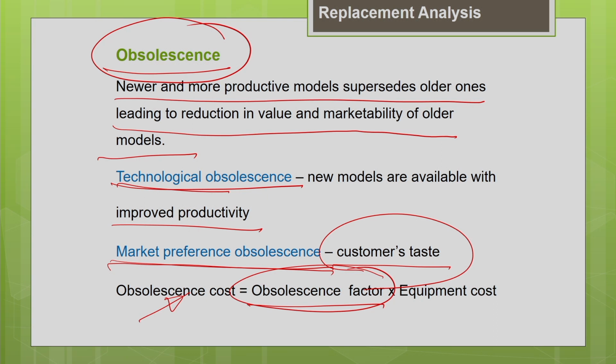Beyond the economic life, you can see that there will be an increase in cost associated with the machine, either due to an increase in the operating cost, that is repair and maintenance cost, or an increase in downtime cost, or an increase in obsolescence cost. All these things will result in the shooting up of your total cost of the machine, which is not desirable. That is why when the cost is minimum, we should try to replace our old machine with a new machine, so that we do not enter into loss.